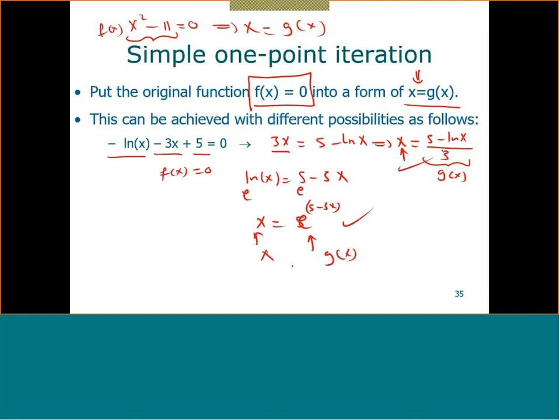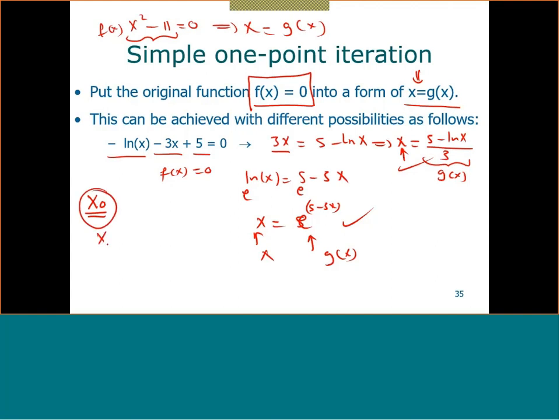Now, once I set the equation like this, then I will start with my initial guess, my x of 0. This is an initial guess. I have to come up with only one number. Once you start with this, then you find your